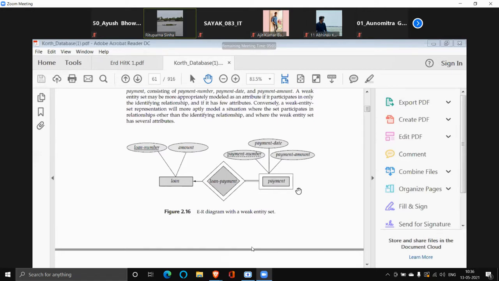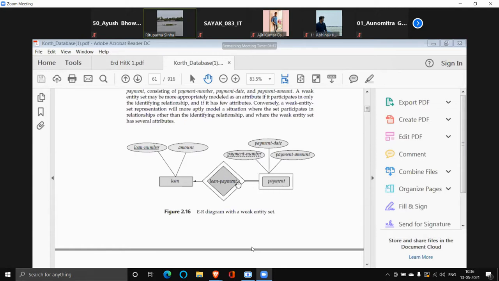And I use a double rectangle to show a weak entity set, and a weak entity set's association with the strong entity set or with the owner entity set is shown using a double diamond.